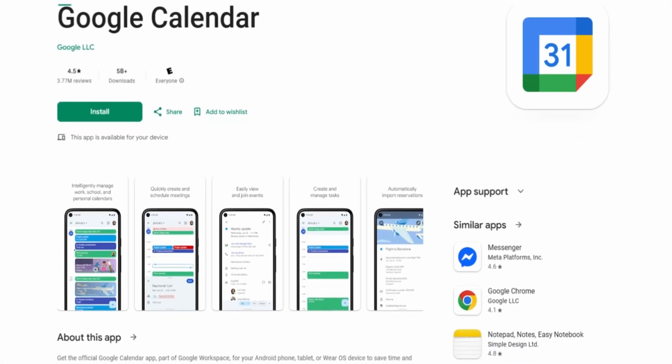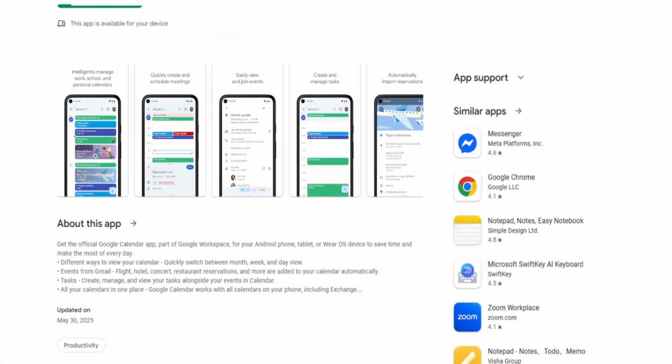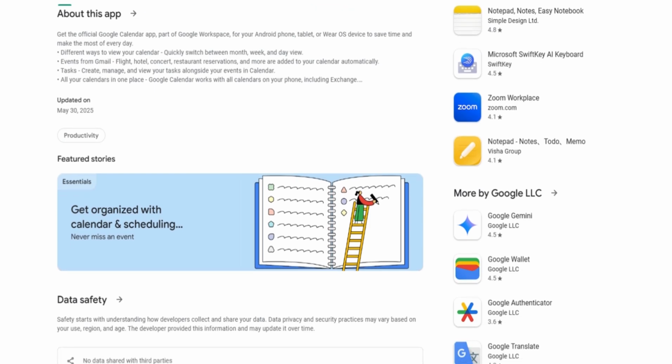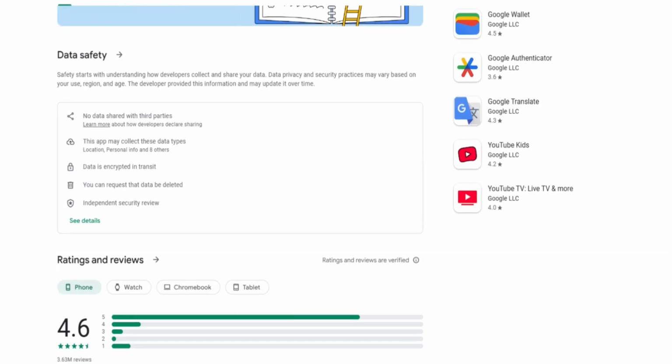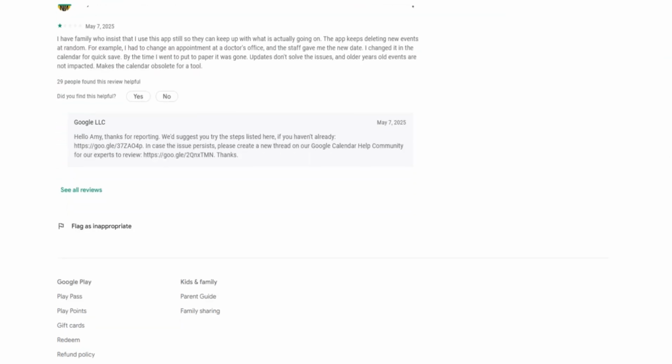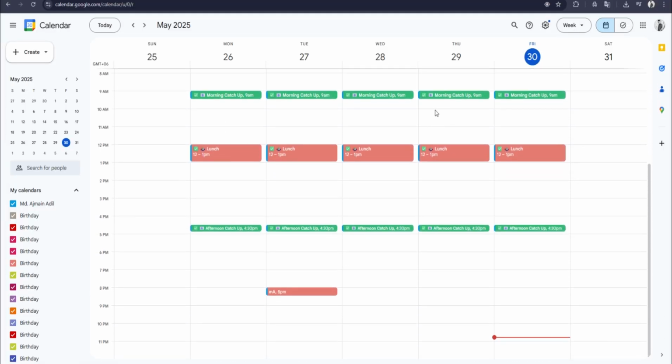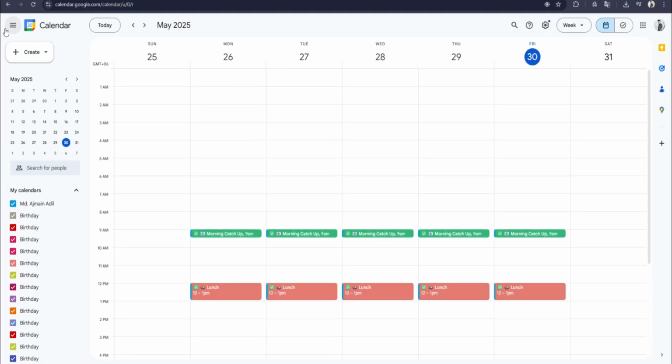Today, we're diving into Google Calendar. In this tutorial, you'll learn everything you need to know to get started, organize your calendar, invite people, and never miss an appointment. When you open Google Calendar, you will see your navigation panel on the left, where you'll find